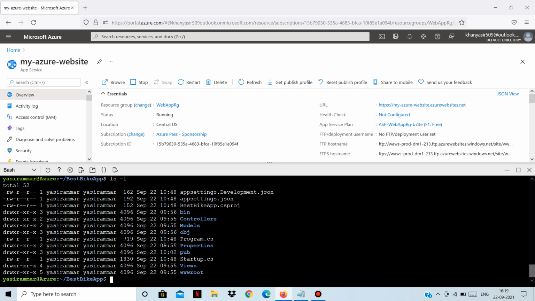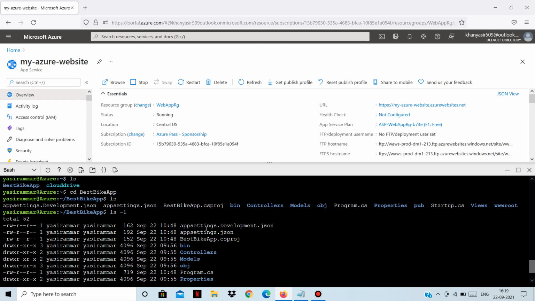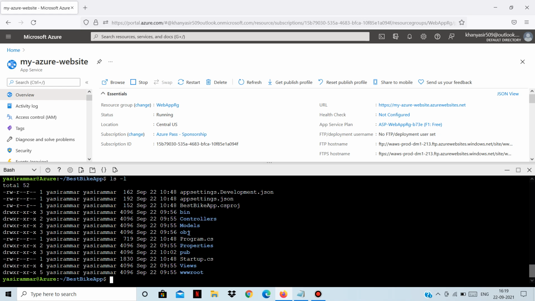Okay, so we won't go into much of these files, just know that these are all the application files, okay, which are present in this Best Bike App project folder. Okay, so we will have to actually now zip all of these files and create a new zip file so that we can actually deploy that zip file into our web app service, because we can't deploy individual files here, so we need to zip them.